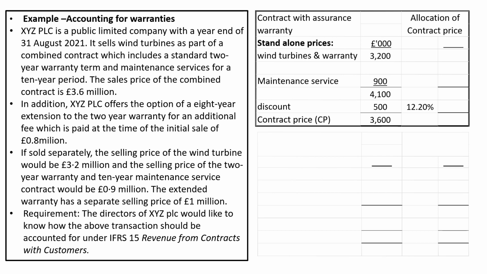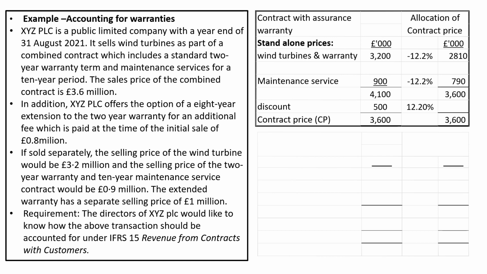Our next task is to allocate the discount to the contract price in standalone prices. If we take 3,200 and minus 12.2%, we get a figure of 2,810. Same with the maintenance service, 900 minus 12.2% gives us 790, and that gives us a total of 3,600, and that is how we allocate the discount to the